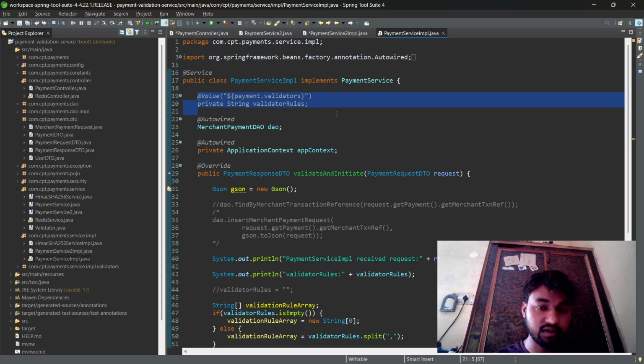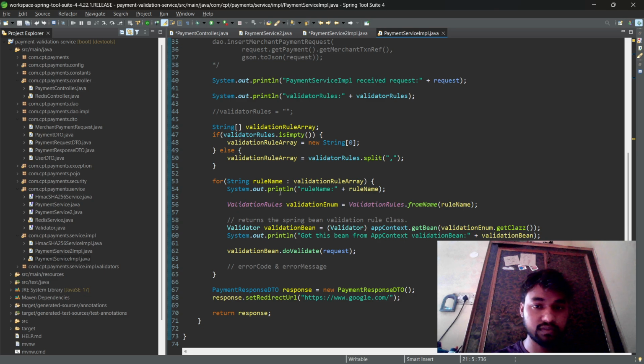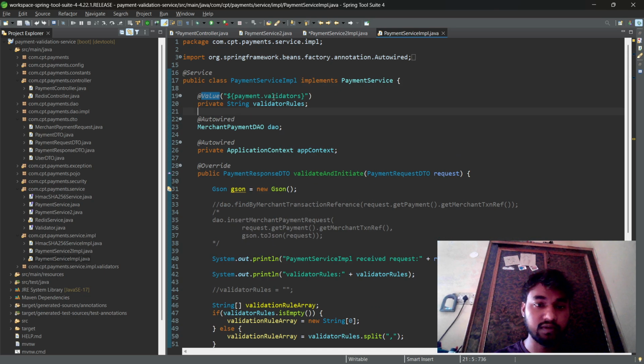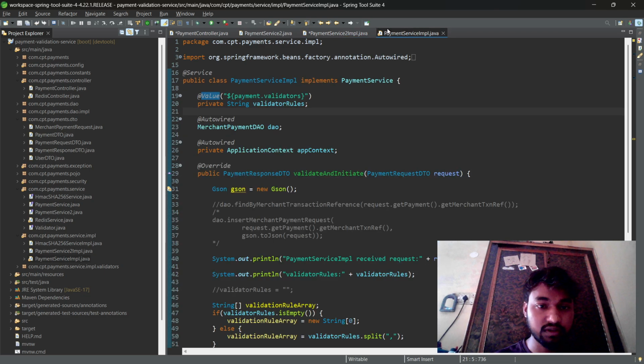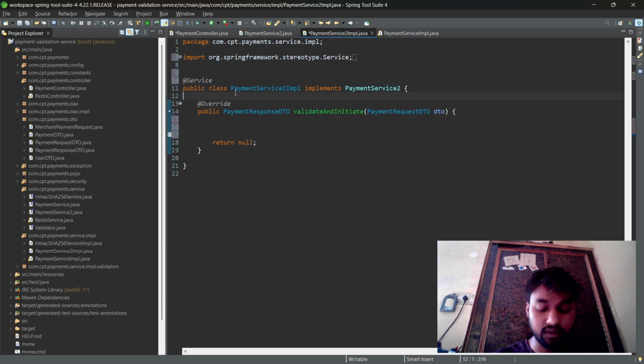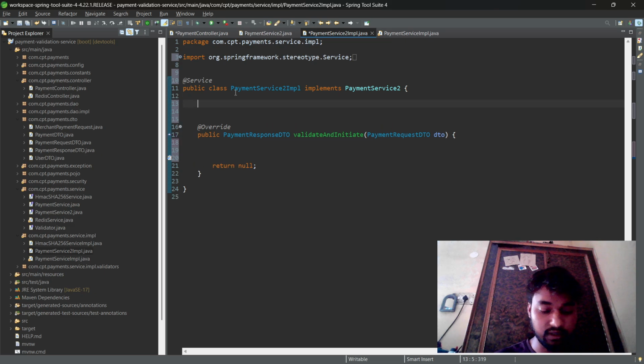Here it is taking the values of the validators and then doing some steps. So we will be doing the same. Here we will be writing @Value, and providing the value like